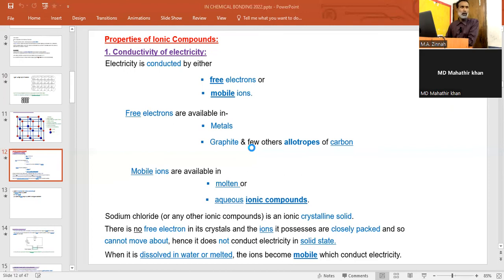Because they are closely packed, they cannot move about, so it cannot conduct electricity. When the compound is dissolved in water or melted, what would happen? The ions become mobile and will conduct electricity. Look, you must get a question in your O-level exam on this, electrical conductivity, simply for 1 mark. Okay, now